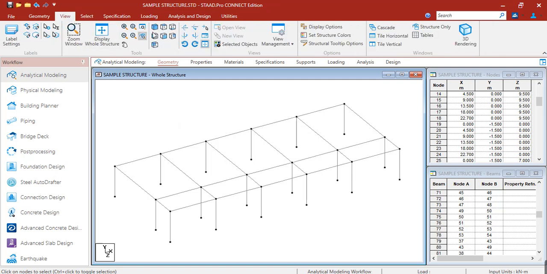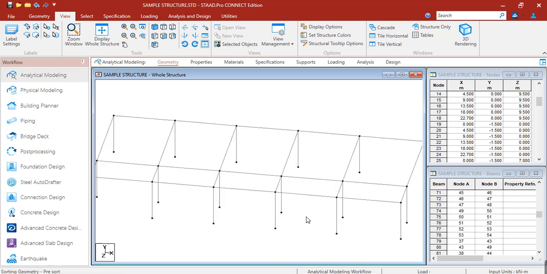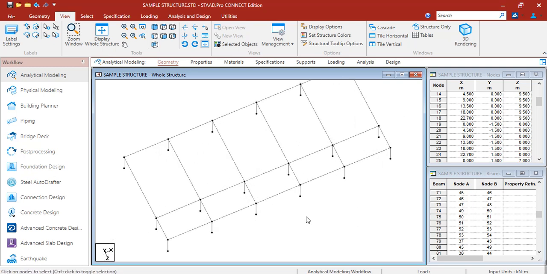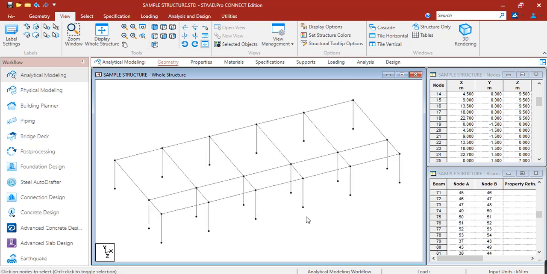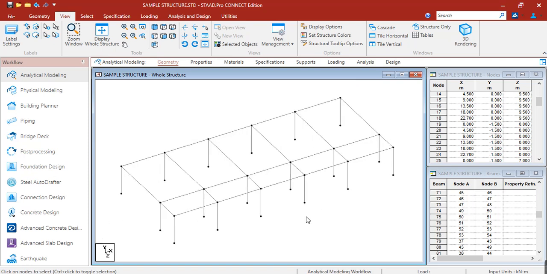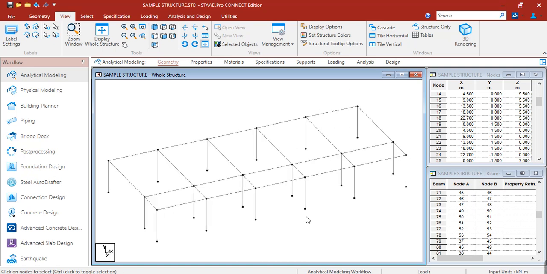So in viewpoint, we can move to the isometric view, but if you want to rotate your model, just click the arrow keys. Okay, so you can have it right. If you click right, left, up, and down, you can freely move or rotate your model to your desired location.